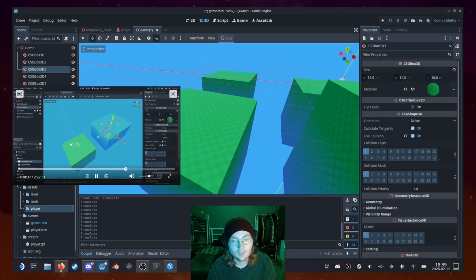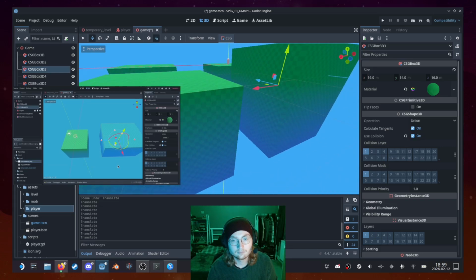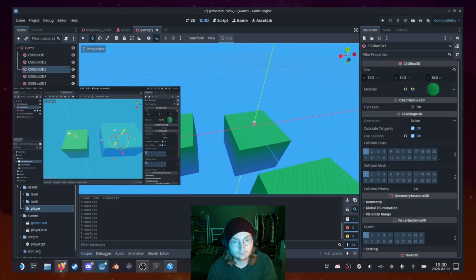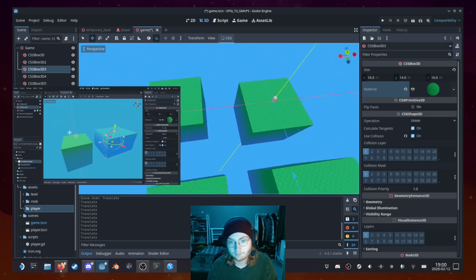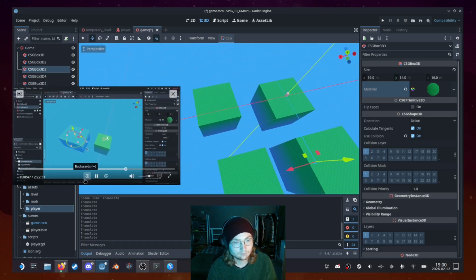Think of this part we are in here as doing a little platform level for the player. Okay, so I'm going to make